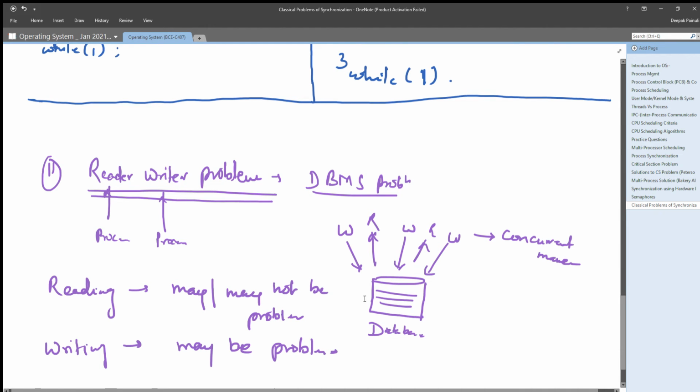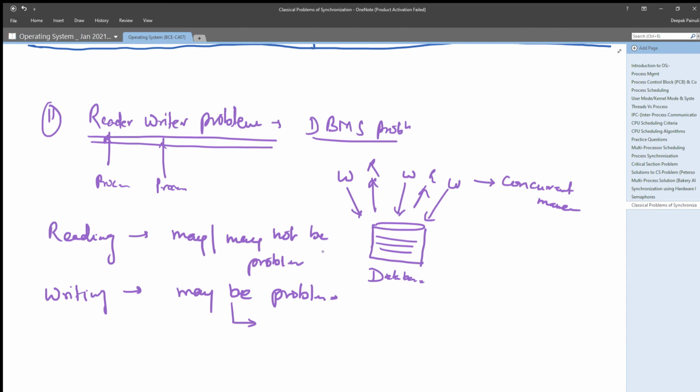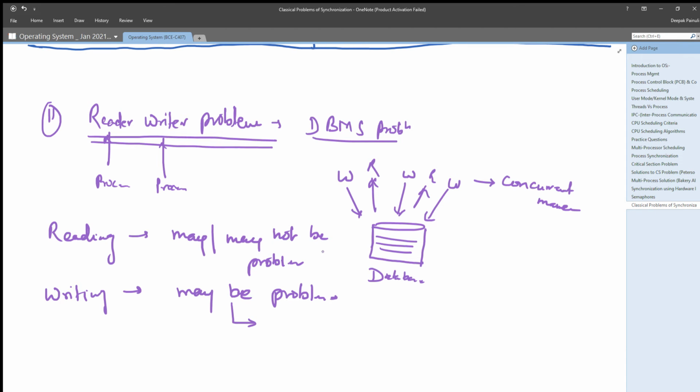Because if any process wants to write on a record which is also being written by some other writer process at the same time, then there will be conflicting issues, right? Or there will be an inconsistent result for that particular record.